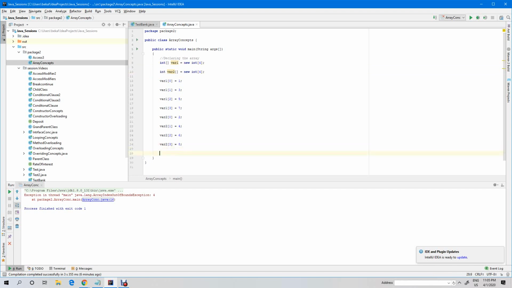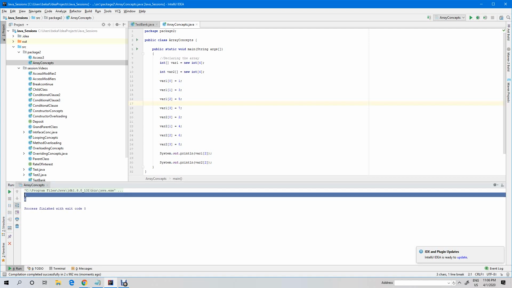That is fine. So now I'm going to retrieve the elements. How am I going to get the element stored in this array, right? I can say, for example, I want to print variable 1 of 2, and here variable 2 of 2. Let's see what it is printing. Variable 1 of 2 is 5 and variable 2 of 2 equals 6. Let's see, 5 and 6 should get printed over here. Yes, you can see that.